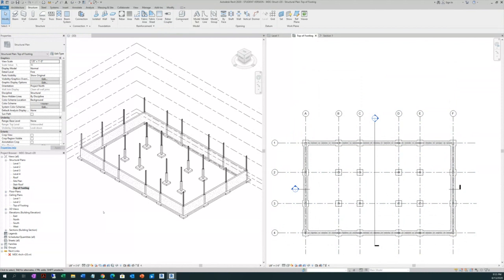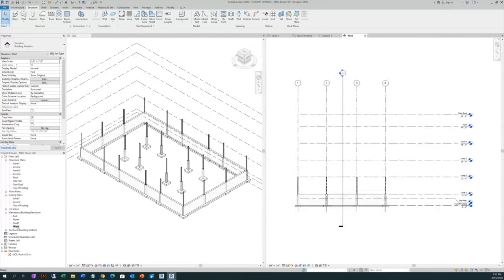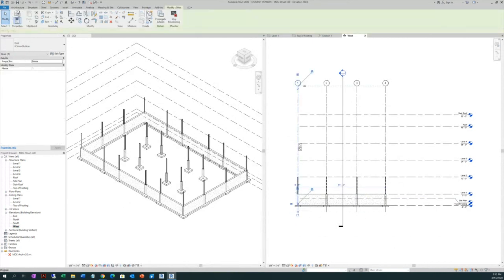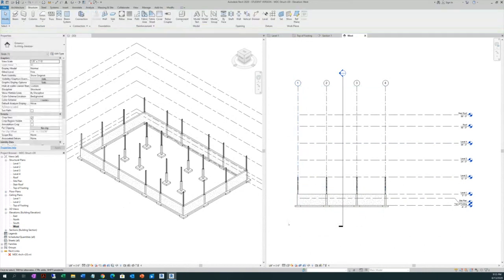Okay, you need to do a section. Go ahead, and you can do a section, or you can go ahead on one of the elevations. Go to the elevation east or west. East or west? Okay, I'm going with you. Let's say that you have the grids, you have something like this. It doesn't go through the cutting for the footing. Okay, so you select the line of that grid,